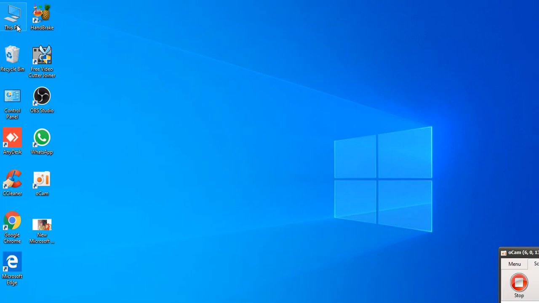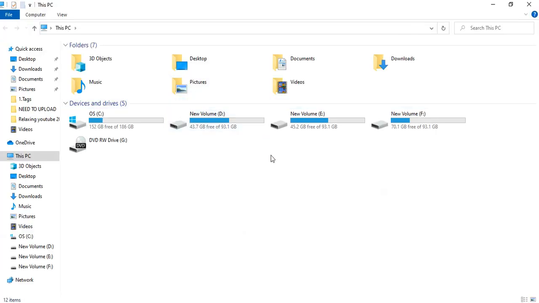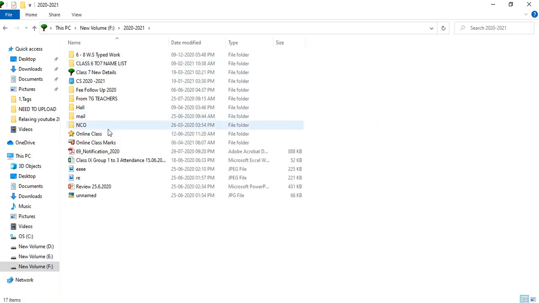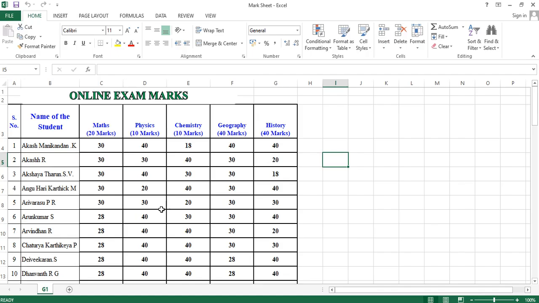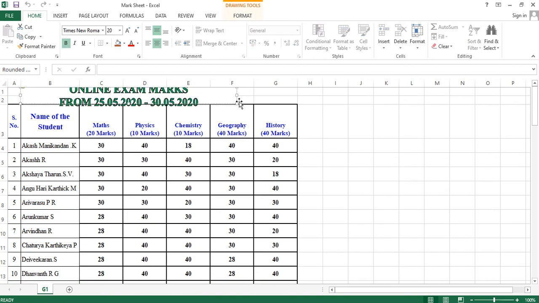In today's video, we'll see about MS Excel. It's Microsoft Excel. Just two things we are going to see. I'll open the drive and choose the file. Today, two things we are going to see. First one is how to copy the content from one sheet to another sheet and from one file to another file. This is one example. I selected the names randomly and the marks also randomly.